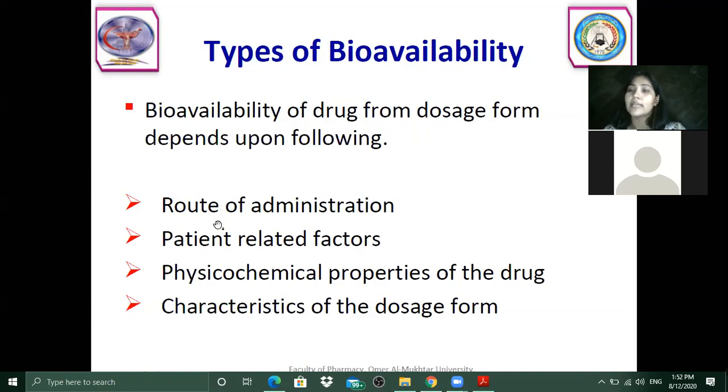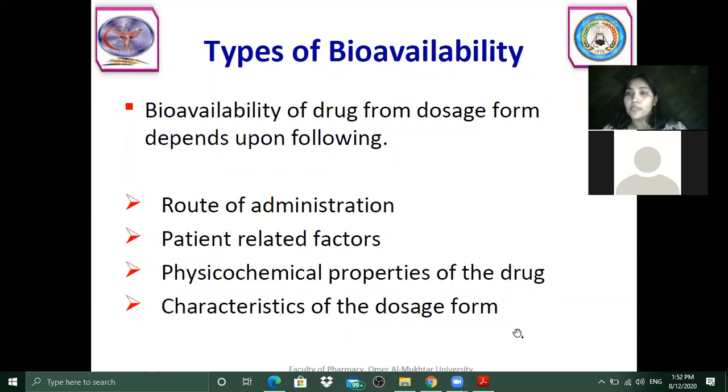So the exact characteristic of your drug will help you to determine at what pH it will be working nicely, at what pH it will be inefficient. Looking at a structure, you can also determine what all proteins it can interact with, and hence it will not be available in the blood circulation. So all these parameters will depend on the physicochemical properties of the drug.